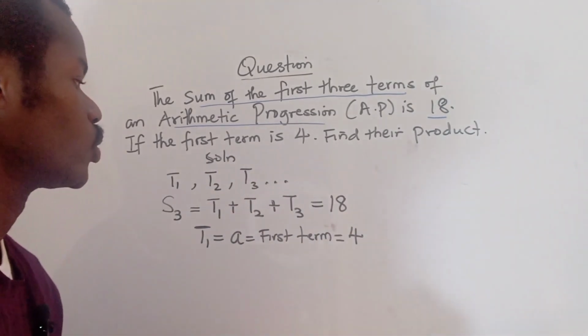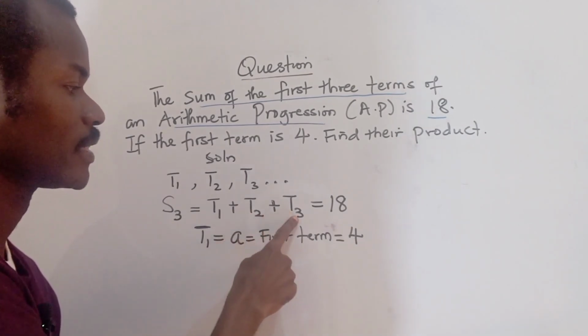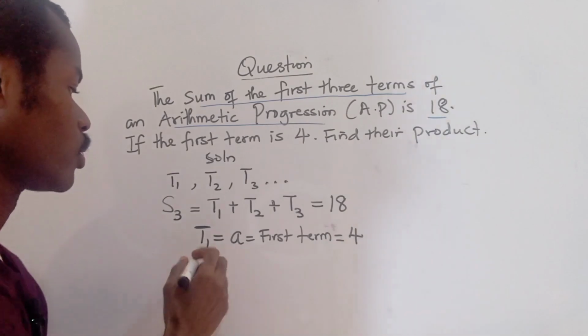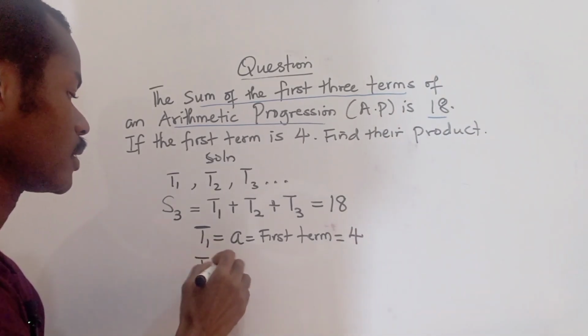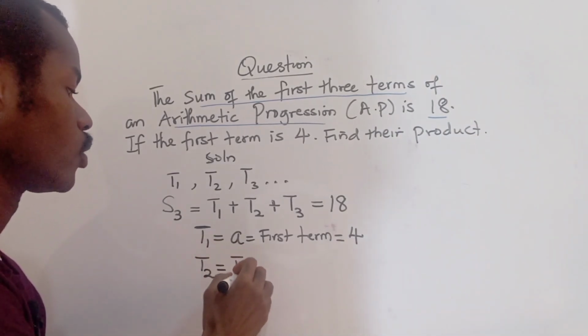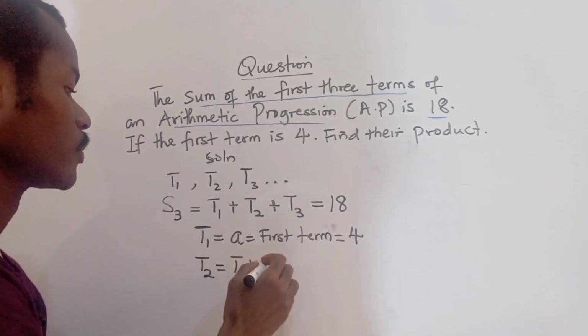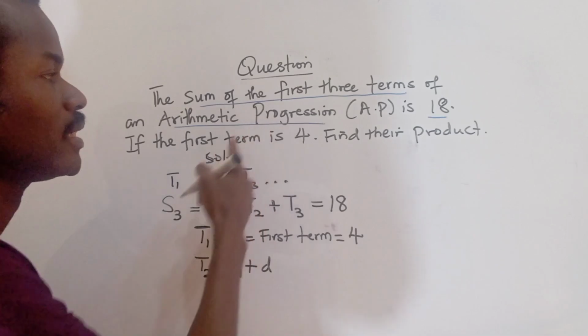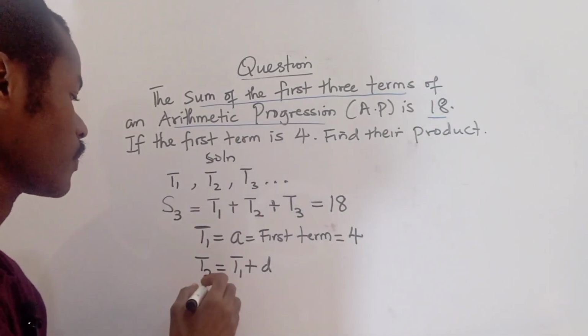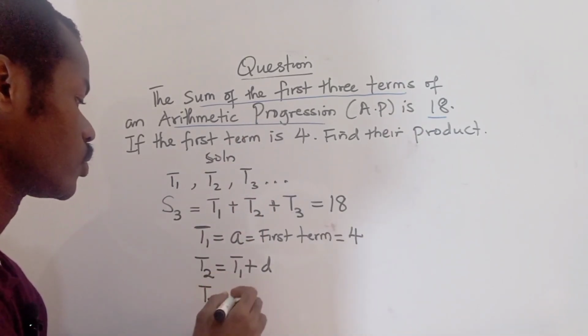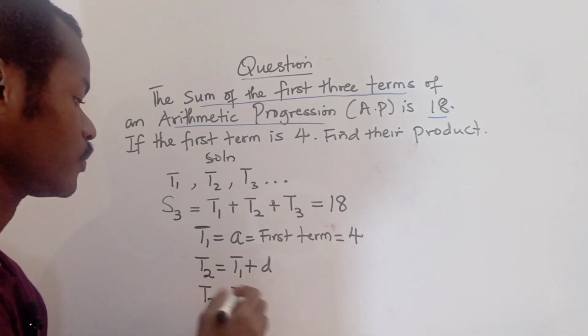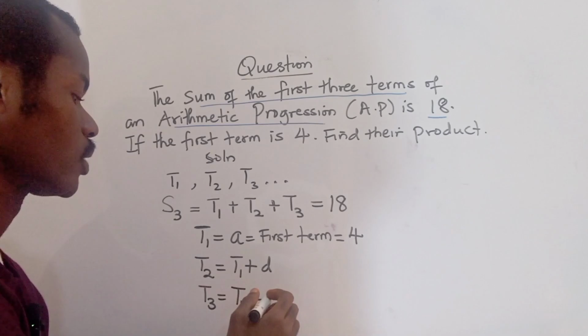So we are yet to know what T2 and T3 mean. But we should know that our second term will be T1 plus the common difference, since we are given an arithmetic progression, and T3 is going to be T2 plus